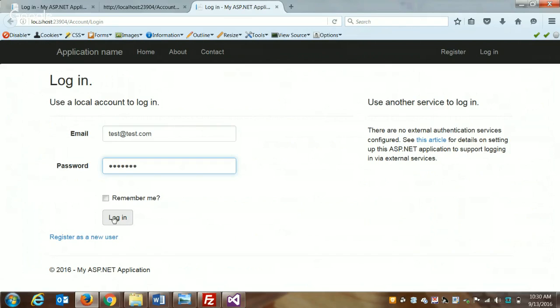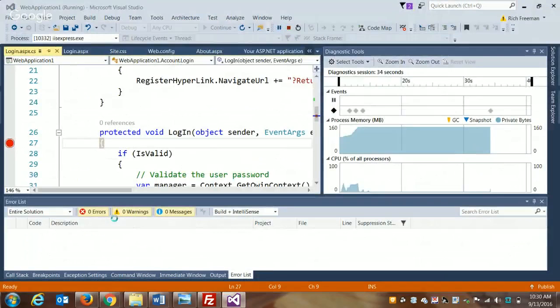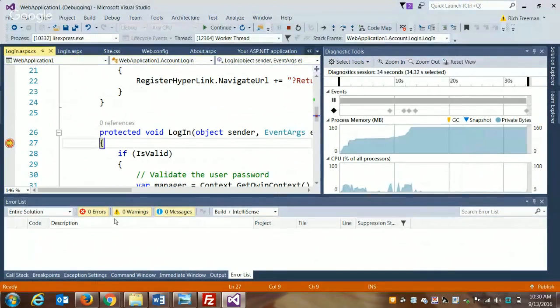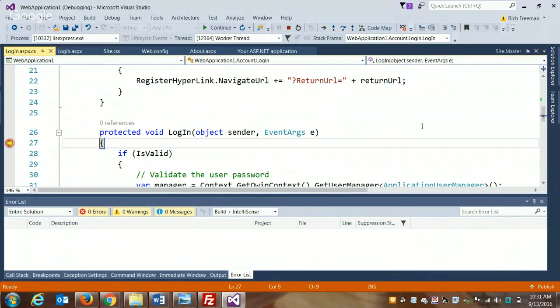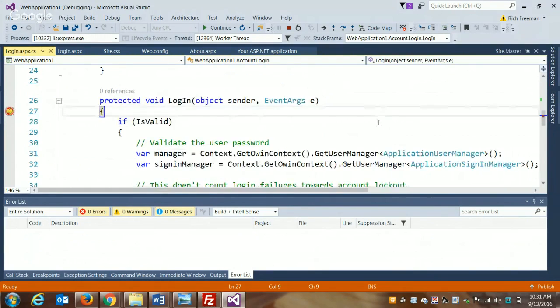Okay, so here's what happens. I click login. And now it jumps me to Visual Studio, and this bracket turns yellow. Now it's showing me, I can close this stuff. It's showing me how much of my processor is being used if I'm slow on the server. But at the moment, I'm just interested in my code. I'm going to close that. If I press the F11 key,